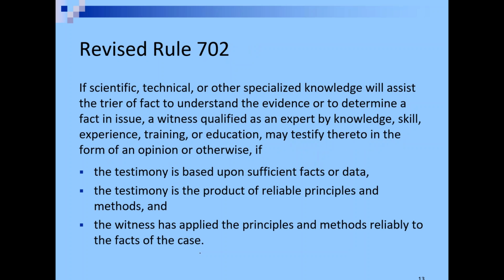Okay, finally, so there's three here. I just want you guys, if I give you an example of one of these three, to be able to identify it, or if I say which of the following is an example of the revised Rule 702, I want you to be able to identify it. The revised Rule 702, if you want to be lazy, doesn't ask questions, it makes statements, okay? But we're going to look at these statements and see how they relate to Frye and Daubert. Okay, it's the same thing, just trying to clarify Frye a little bit better.